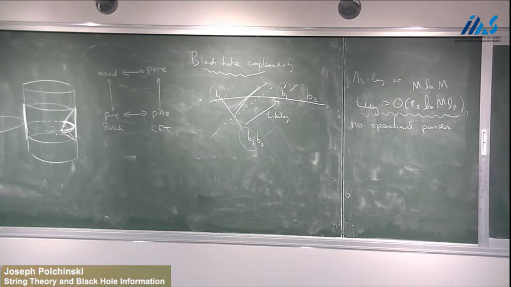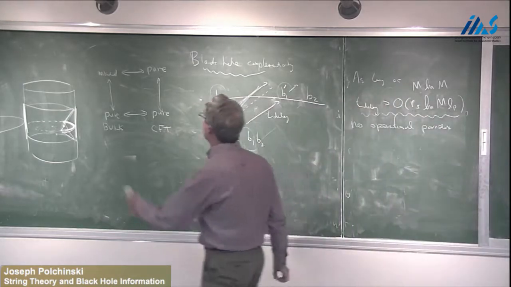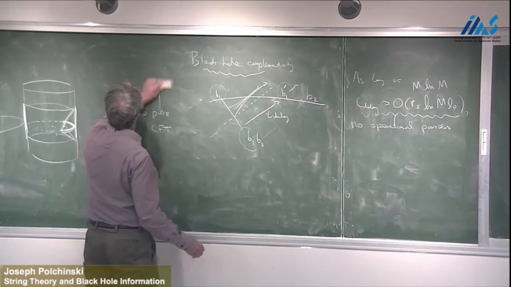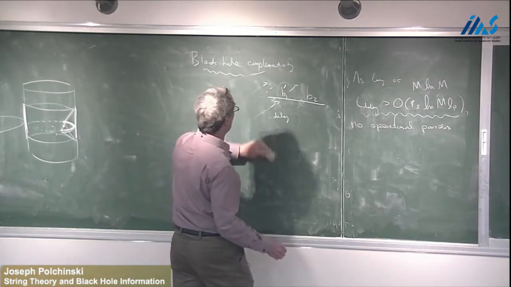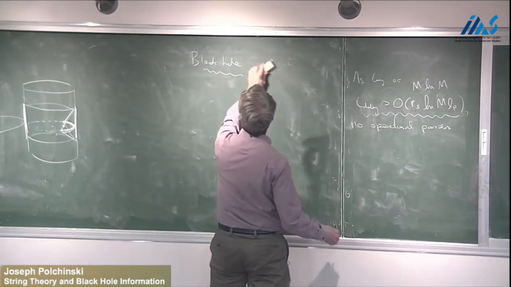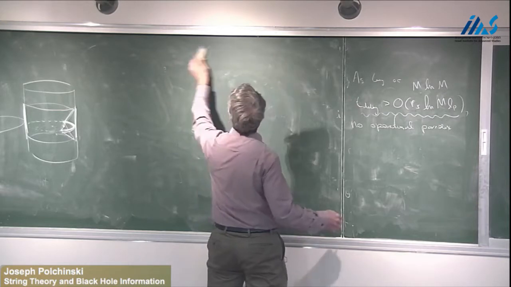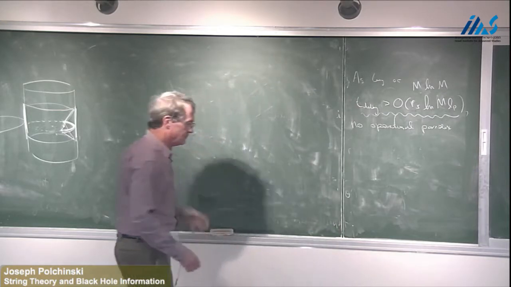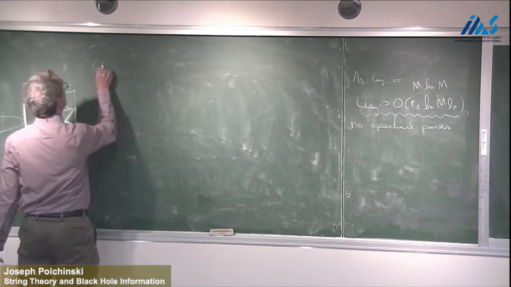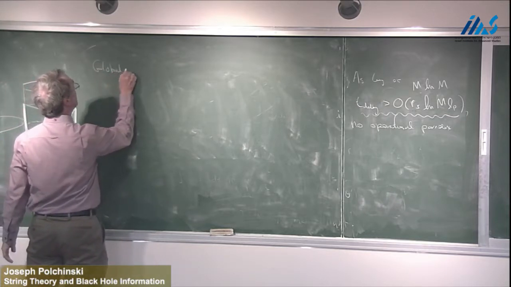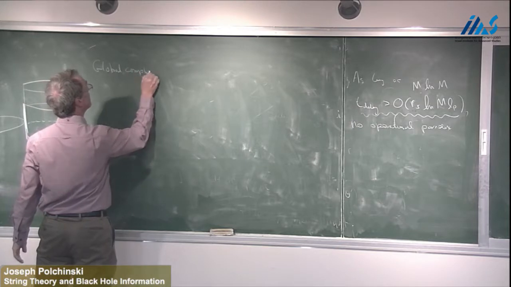If this is the point, what is it telling us? I just want to give you a couple of possible things that it might mean. I think a common interpretation of this, you talk to Lenny now, and it's not clear, but a common interpretation of this is what I want to call global complementarity,